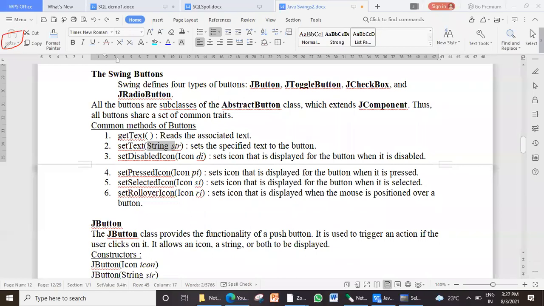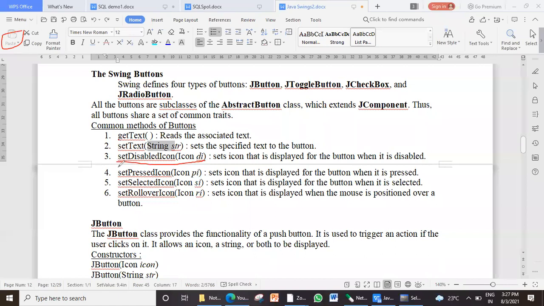If you want their text or their image to be changed in disabled mode, normally we don't change, but in case you want such an application, you can use this method called setDisabledIcon. That is, when the button is disabled, you want to display some other icon, like a sleeping icon, so that button is sleeping right now, something like that.